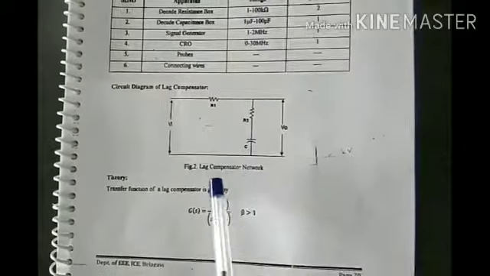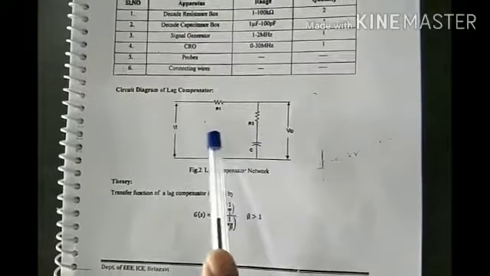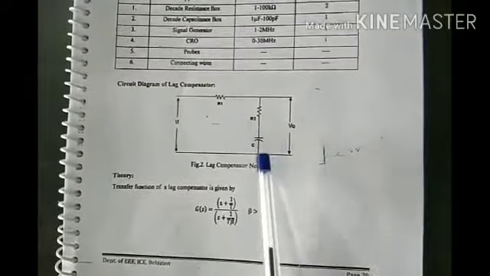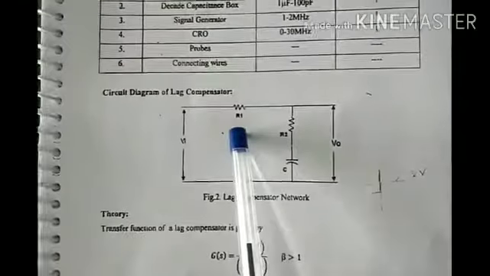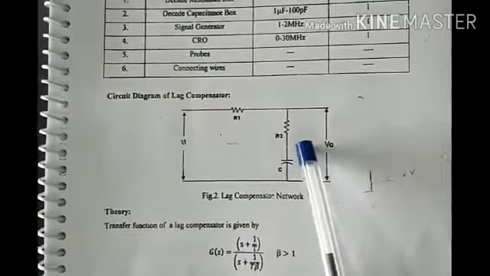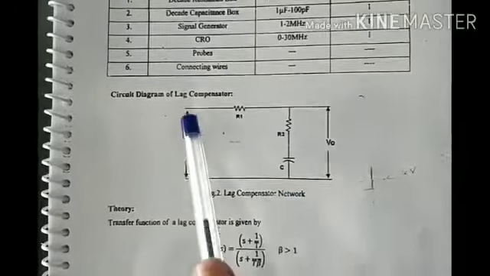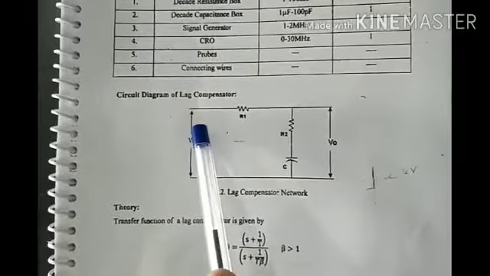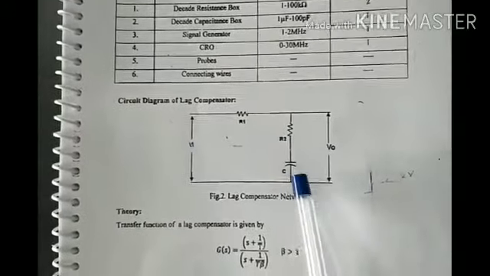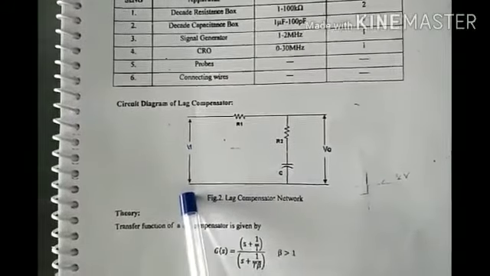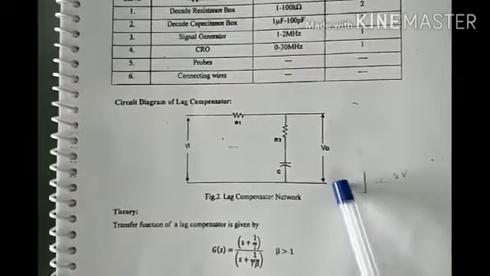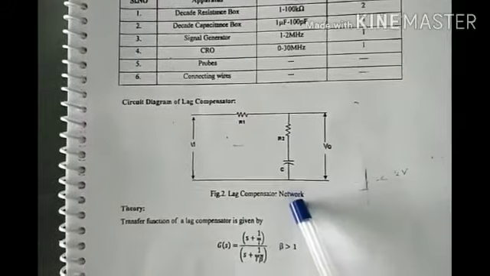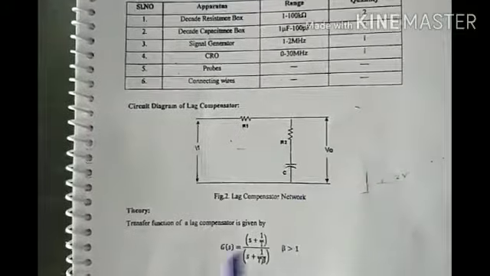This is the circuit diagram. So in this circuit diagram, there are three components. There are two resistances and one capacitance. So resistance R1 is connected in series with R2 and R2 in series with capacitance. The input signal is connected between one end of resistance R1 and one end of capacitance C, and the output is taken across the series combination of R2 and C. So this is how the circuit connections are.